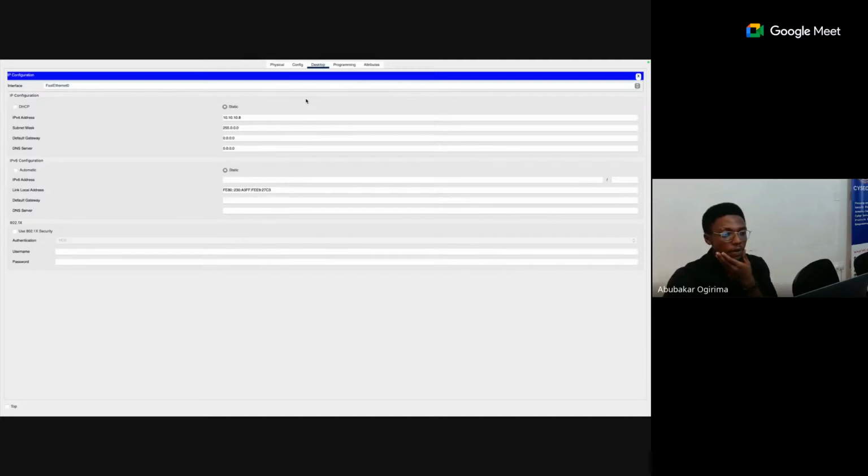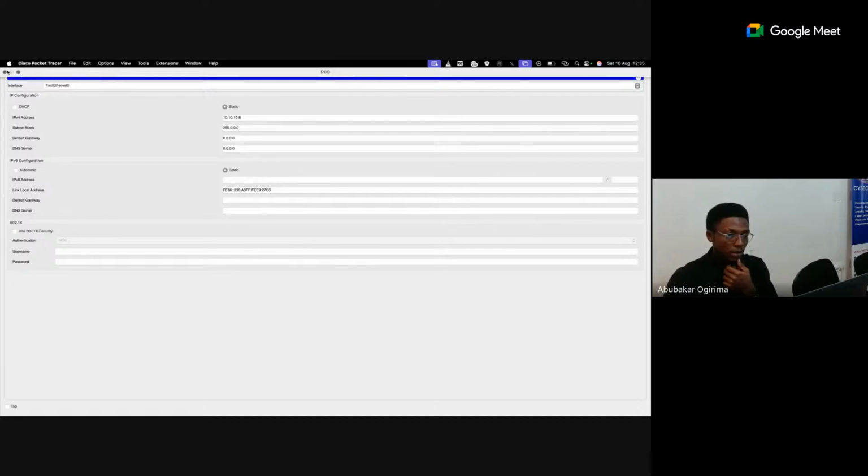Right? And then all of them have the same subnet mask, if you notice, automatically generated. So once you've done this,